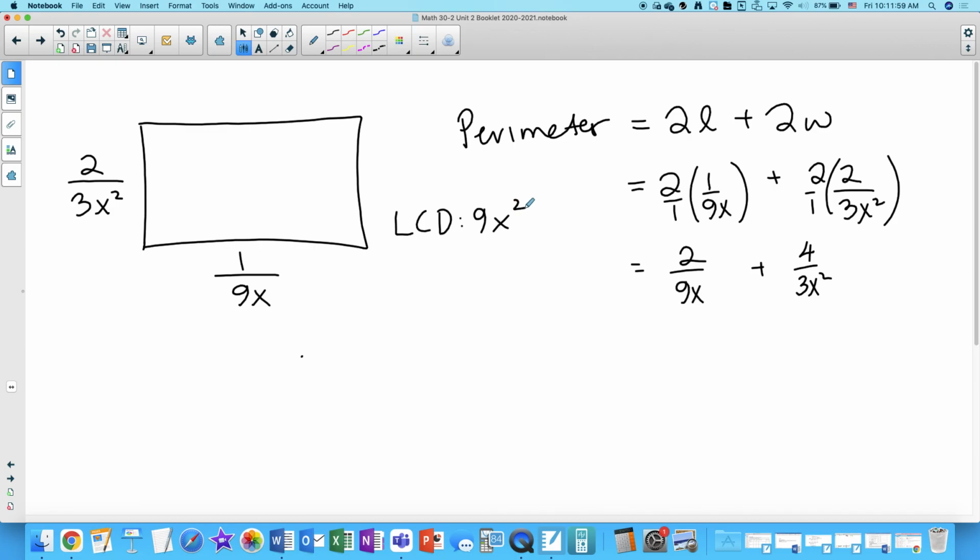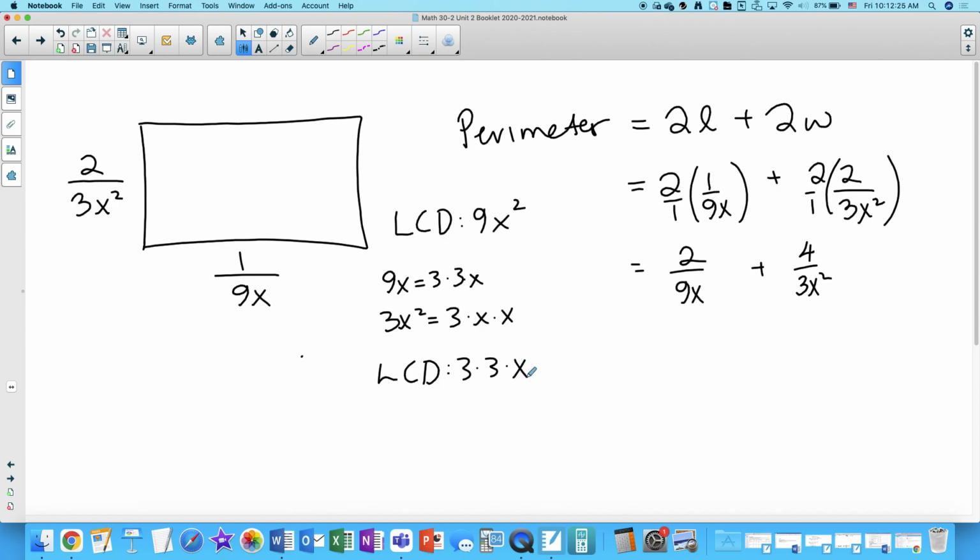And you can think of this as 3 times 3 times x, and you can think of this as 3 times x. In the LCD, you have to be able to see every single factorization of each denominator, but you don't want anything extra. So if you write out the 3 times x